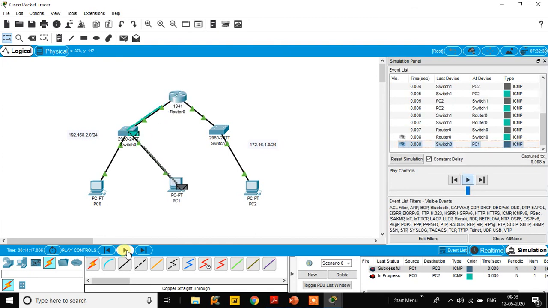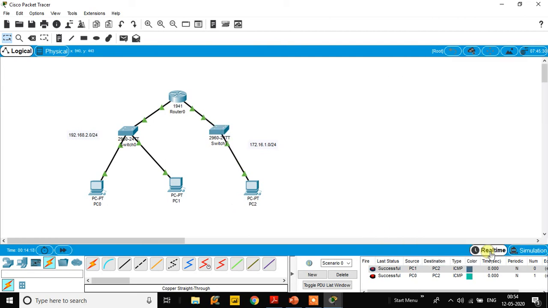So if there is any error, in that case it will show you a red cross sign on the packet if it is not successful. So in this case it is successful, so it is showing all successful entry from PC1 to PC2, PC0 to PC2. Some control packets will keep on moving. These are all control packets. So we have seen that our packets moved from source to the destination. All pinging is happening. If you want to again check from PC2 to PC0, that is also successful. PC2 to PC0, if this is the source, this is the destination, that is also working.